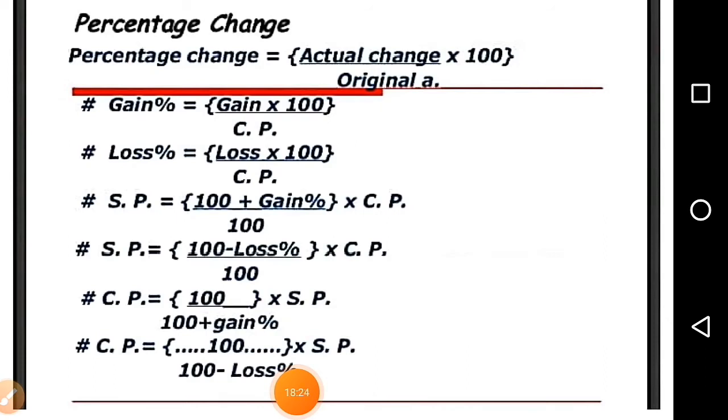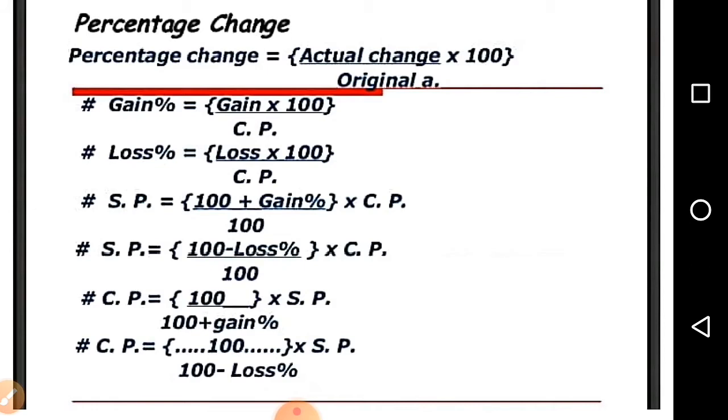Now depending upon the question, these are the formulas that we are going to use in the word problems. In your previous classes you have learnt about profit, loss, selling price, cost price. These terms you have already dealt with in your lower classes. Now there are word problems, and in those word problems we are going to use these formulas. So whenever we do sums based on this, it will be more clear.